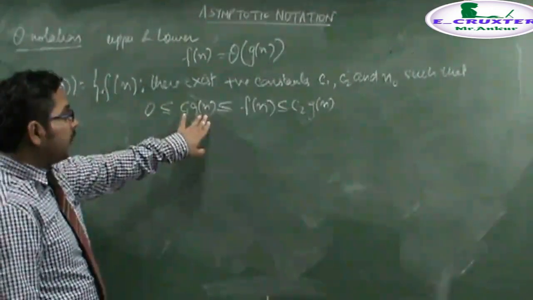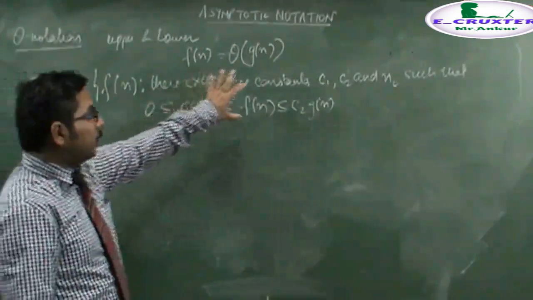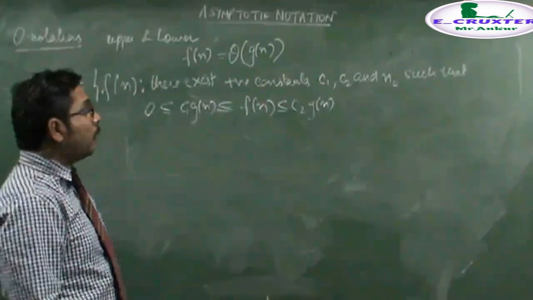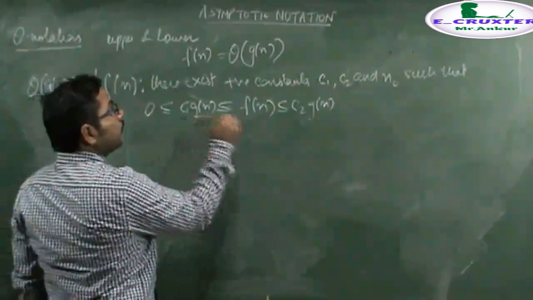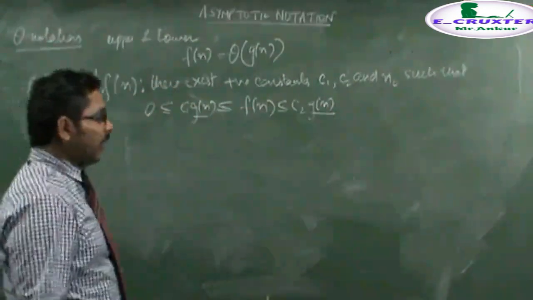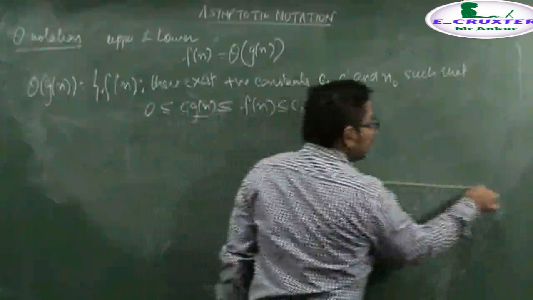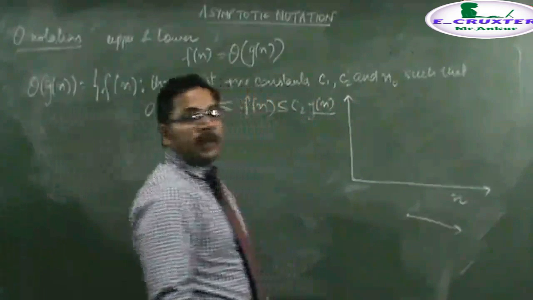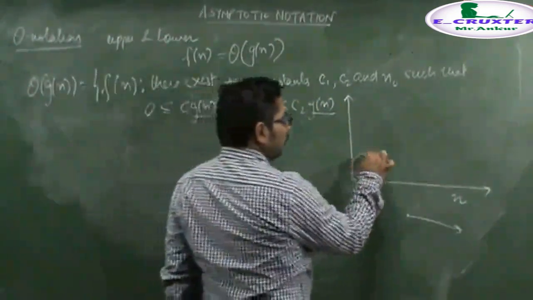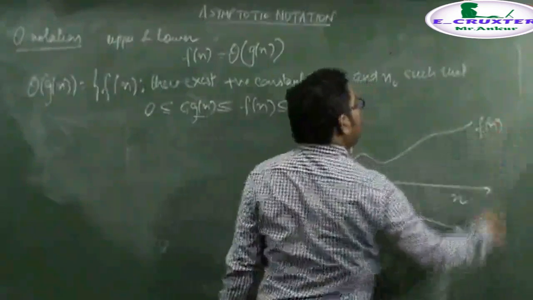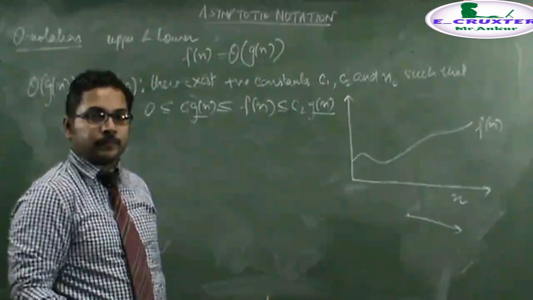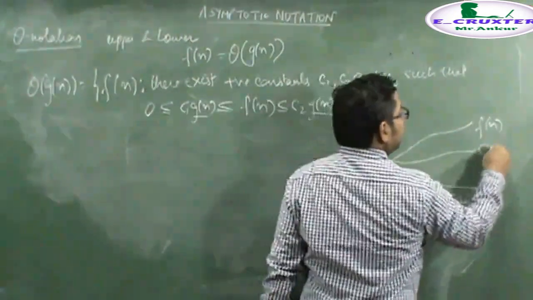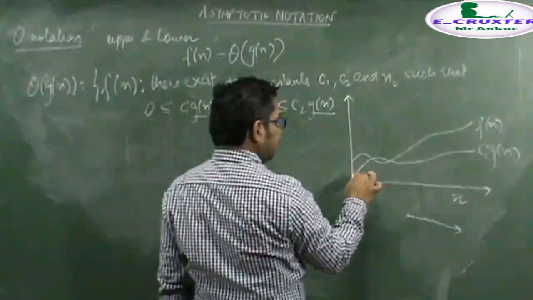That is, if I multiply g(n) with some constant C1, then it is acting as the lower bound for f(n). And if I multiply this g(n) with the constant C2, then it is acting as the upper bound for f(n). But notice that both are the same function g(n). Diagrammatically, if we take n as the input and I see that there is an f(n) function, then you will notice that if I multiply like this, let's say this is the C1 g(n),